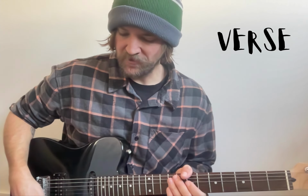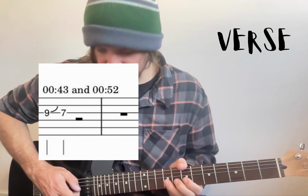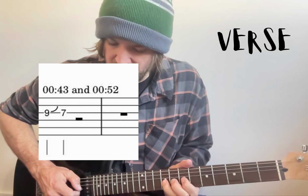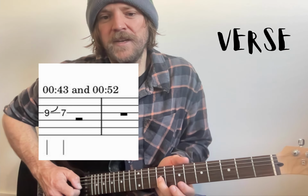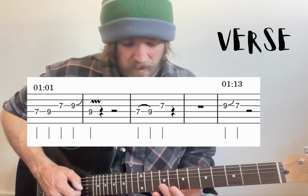I'll now just quickly run through the licks going along the way in verse 1. The first one's 9 to 7 on the G, so you'll bend the 9 before going to 7. I'm using my third finger there and then my first finger. And then around the 1:01 mark, there's